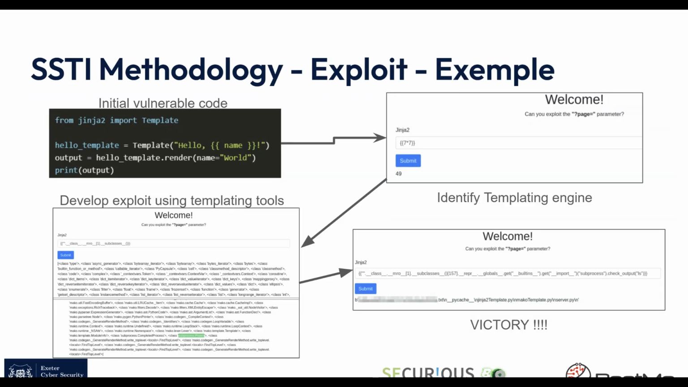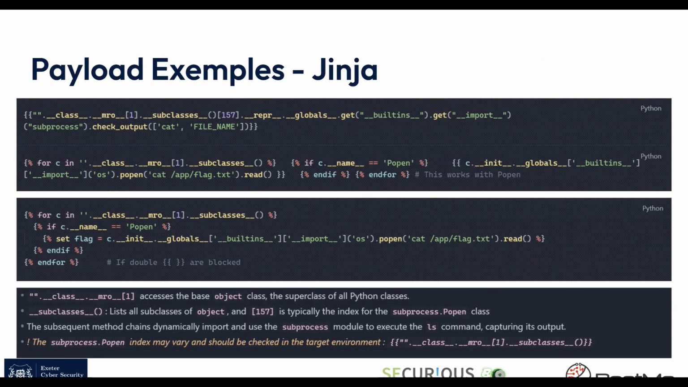As you can see, the first 2 lines are 2 different methods of doing exactly the same thing, as long as you replace a big file name by app flag txt. But this is exactly the same thing. As you can see, there's very different methods to do it. And why am I showing you that right now? It's because